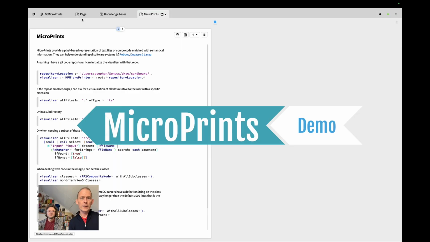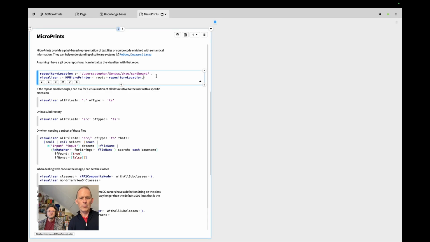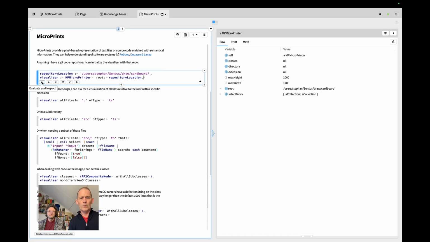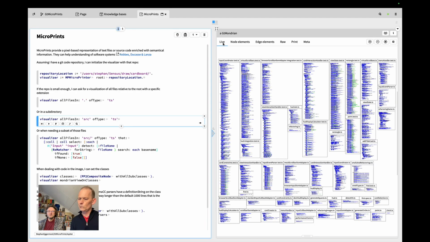With gtoolkit, we make microprints. Microprints help us with the things we are doing with LLMs. Large language models generate lots of code confidently. For production software like our refactoring cardboard, we want to keep an eye on how much code it's generating, whether our refactorings are working, and keep